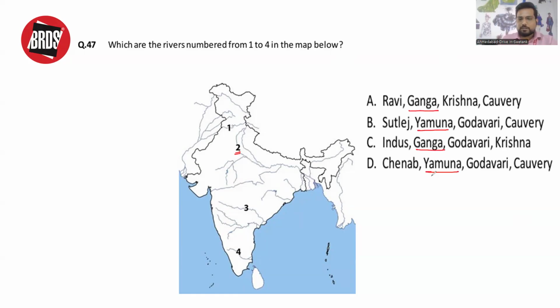So let's talk about Ganga or Yamuna first. The Ganga River passes through UP, Uttarakhand, Bihar, and then further it is named Hooghly, and in some parts of India it is also known as Bhagirathi. It merges into Ganga Sagar or the Bay of Bengal. While if I talk about the Yamuna,